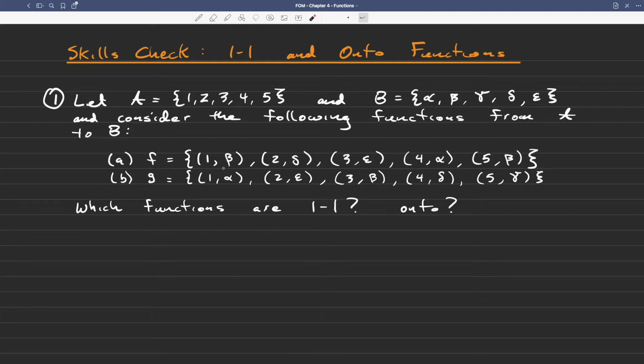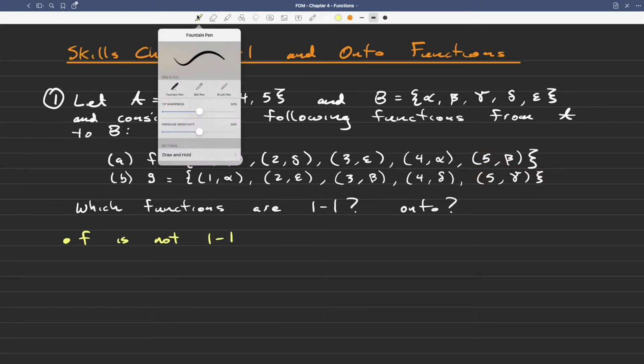Well, I think we do see a repeated beta in the first ordered pair and the last ordered pair. Beta is the second component, and then notice that the first components are different. So this is basically saying f of 1 equals beta and f of 5 equals beta. So that tells you that f is not one-to-one. And then onto,